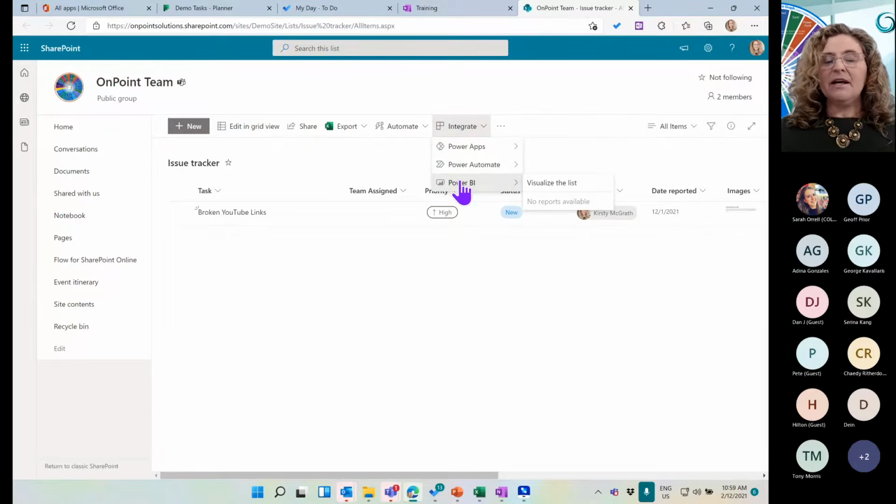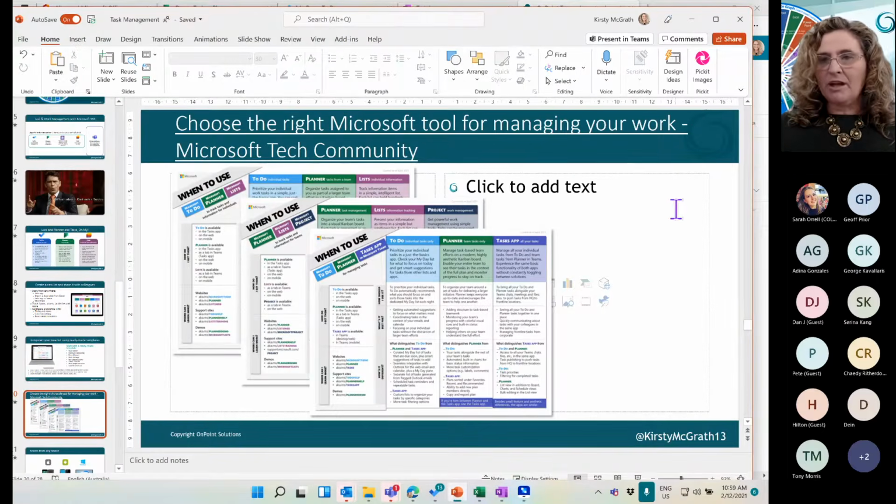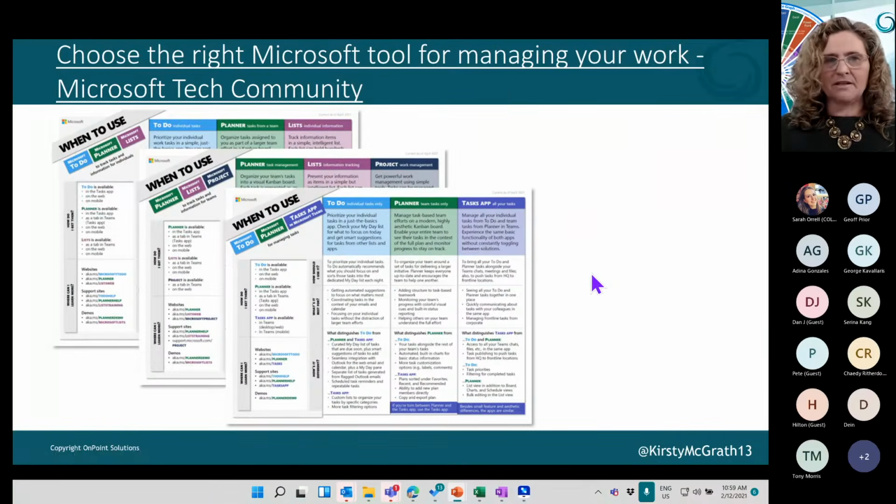list in Power BI. Now, these are things in terms of Planner that support you to take it to the next level, for example. Okay. So that's something to be able to deep dive in terms of management. So we've got document management. To support you, there is some really great information around there on how to do all of this.